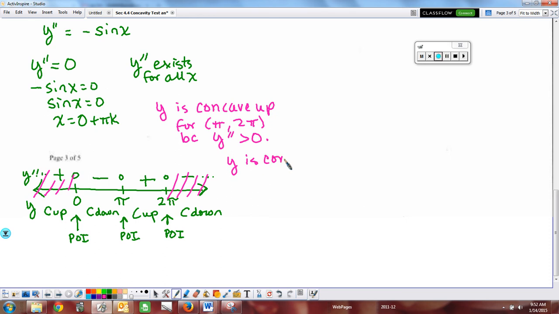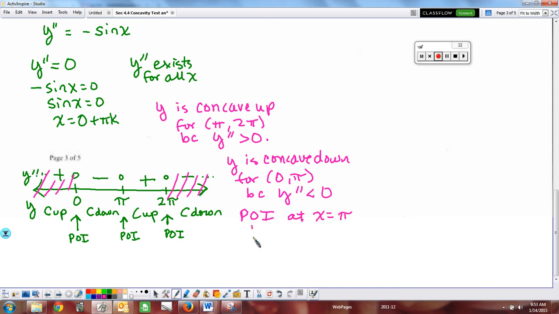Y is concave down for 0 to pi because y double prime was less than 0. And we would say that there are points of inflection at x equal to pi because your y double prime switched signs. Notice I really don't care which way it switched, not like I do for relative extrema, but it switched